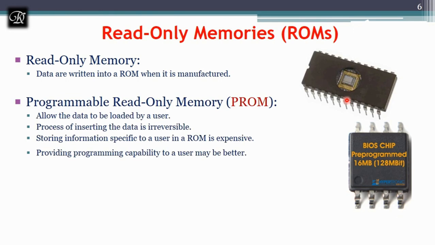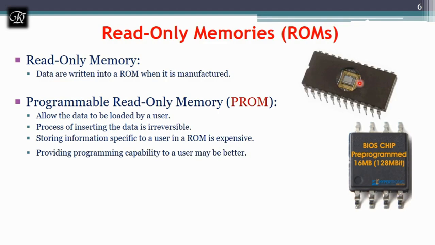The programmable ROM's job is to allow the user to program it. Some ROM designs allow the data to be loaded by the user, thus providing a programmable ROM. Programming is achieved by inserting a fuse at the point P. In the previous diagram I showed there is a point P which is grounded. At that place we add a fuse before it is programmed. By default, all the memory cells in the PROM contain zeros. Thus the user can insert ones at the required location by burning out the fuse.